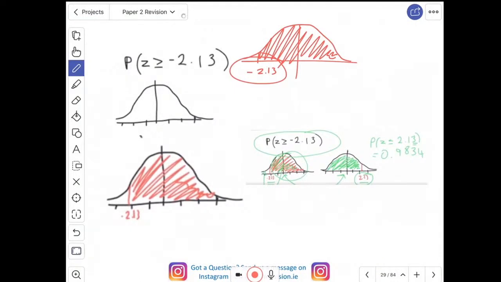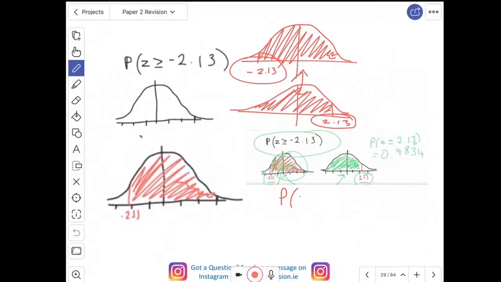If I go, and I know my diagrams are not symmetrical, but you get the idea. If I go across to 2.13 and I shade this side, that is the exact same area as that one. So we've basically figured out, well, if I work out the probability of Z being less than or equal to 2.13, I'm actually going to get the same answer. So you're going to go to 2.13 and you get your answer of